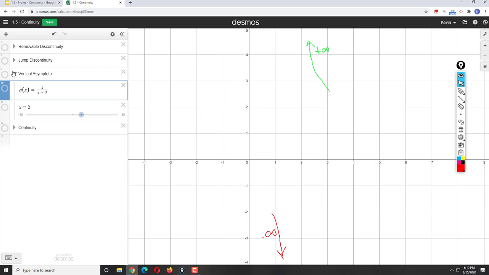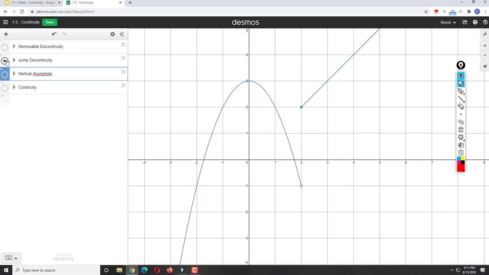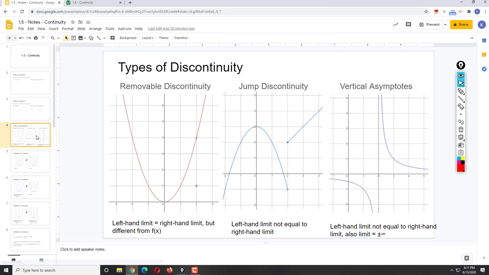So we have looked at three types of discontinuity: removable, jump, and vertical asymptote. So here are the three types. With removable discontinuities, the left-hand limit and the right-hand limit are equal, but they're different from f of x. With jump discontinuities, the left-hand limit and the right-hand limit are not the same. With vertical asymptotes,